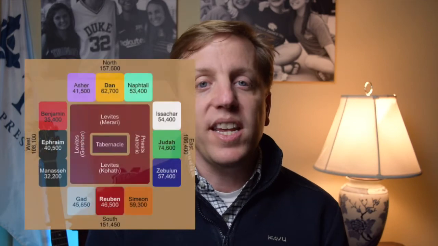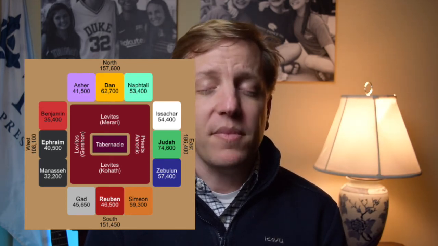The last thing I want you to see, and you may not have noticed that in the diagram, and maybe I'll put it back up here when we get to the editing room, but I want you to see what tribe is in the lead. All right, what tribe is in the lead? And that's the tribe that is leading the eastern side of the encampment of Israel, and that is Judah.